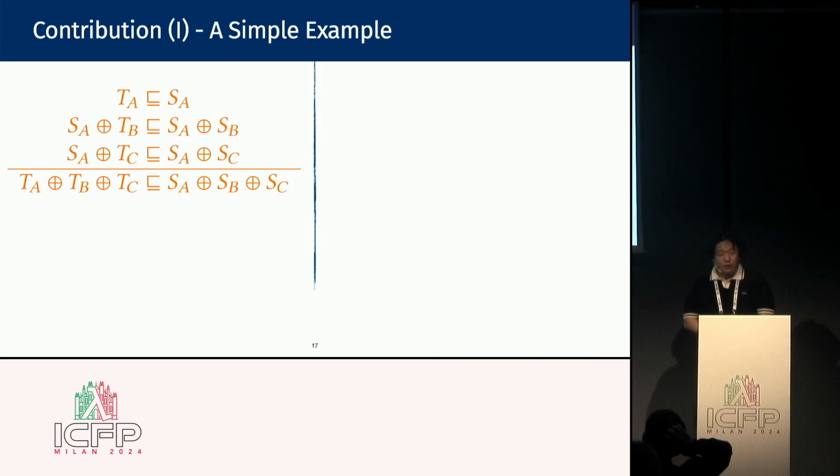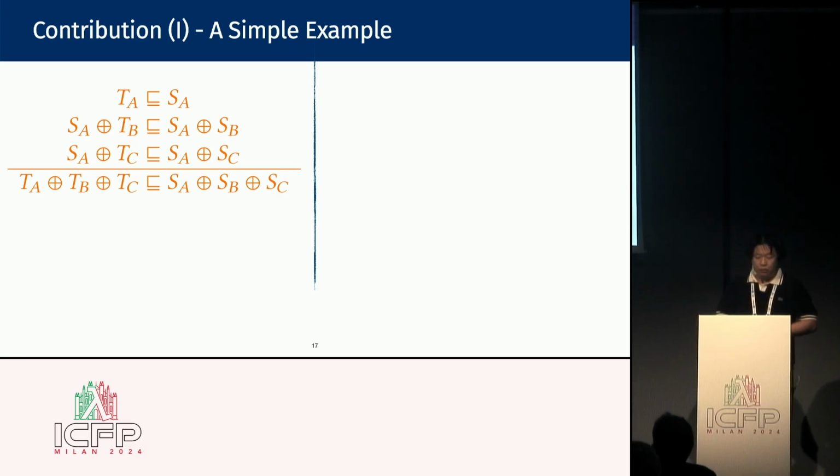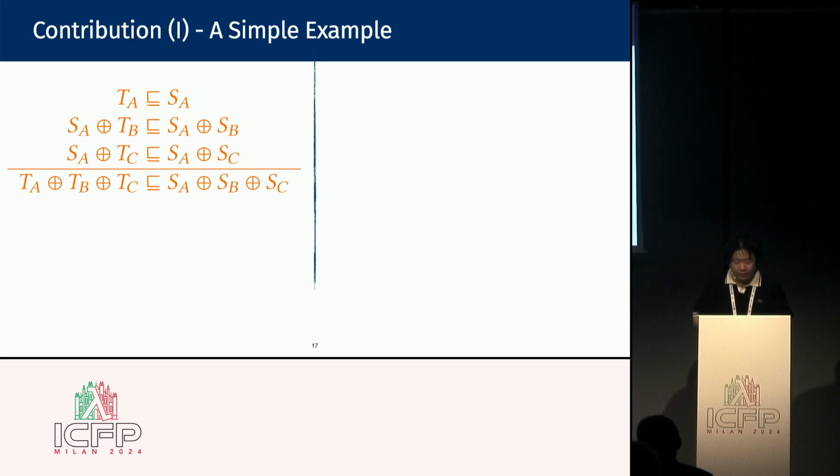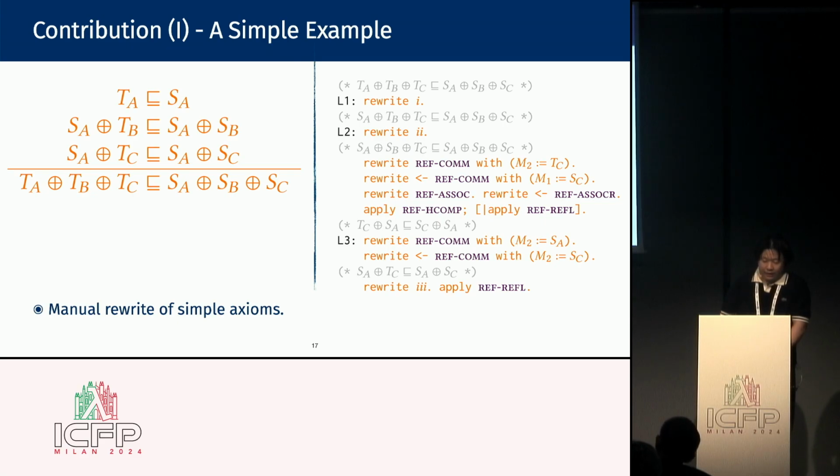Now, to see the contribution 1 more clearly, let us consider a program with 3 modules. Its verification is largely the same as before, except that there is just one more module. Surely, it should be straightforward to compose this refinement to yield the end result. However, as it turns out, even for this simple case, the actual proof in Coq is quite tedious. On the right is my best effort to prove the left, written in Coq. And don't try to understand the proof, it is just to give a sense of the tediousness.